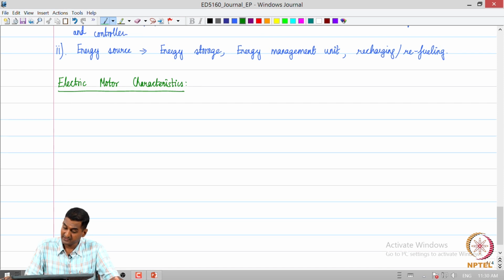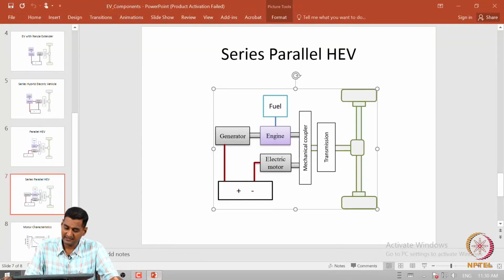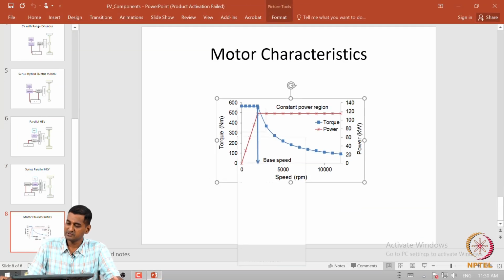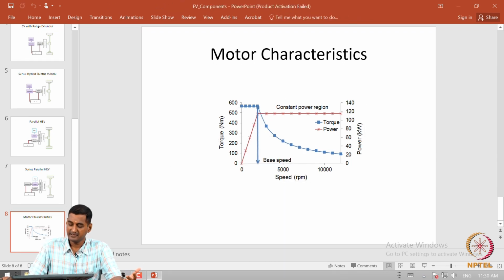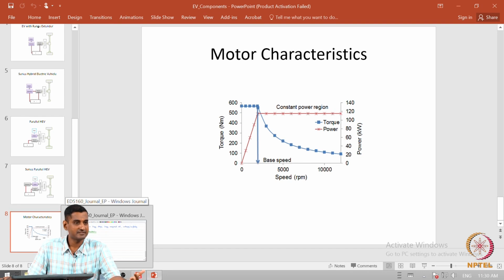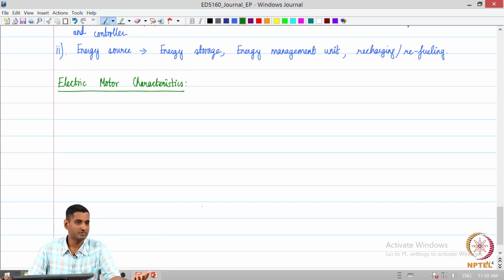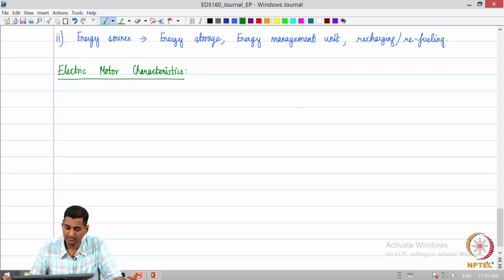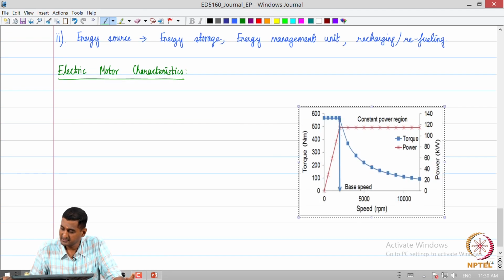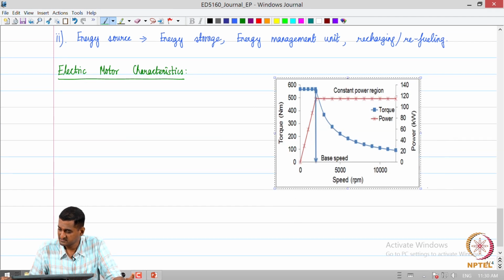and please note that like in an IC engine powertrain, the energy system should also provide energy for, let us say, the air conditioning system, and it should drive the car AC, and it should also be providing power to, let us say, the power steering system. If you have an electric power steering, the energy source should provide the energy to drive all those systems, right, or what we call auxiliary devices.